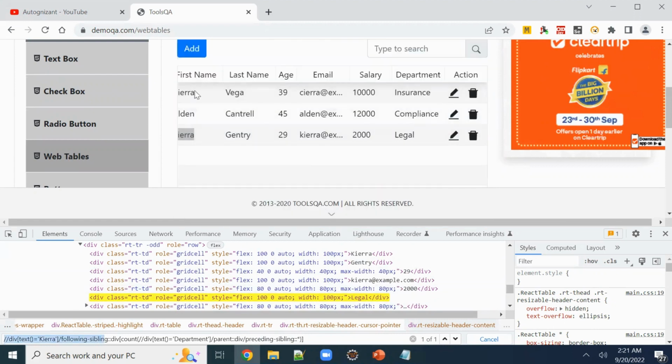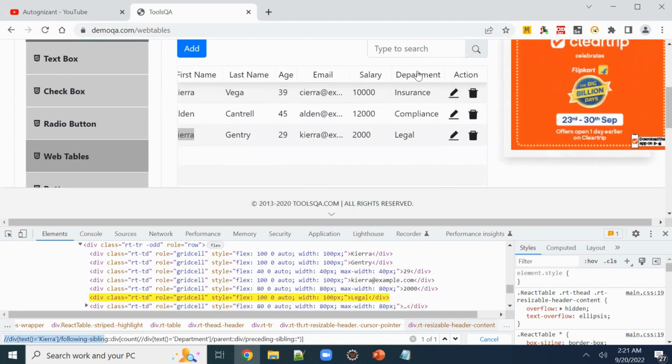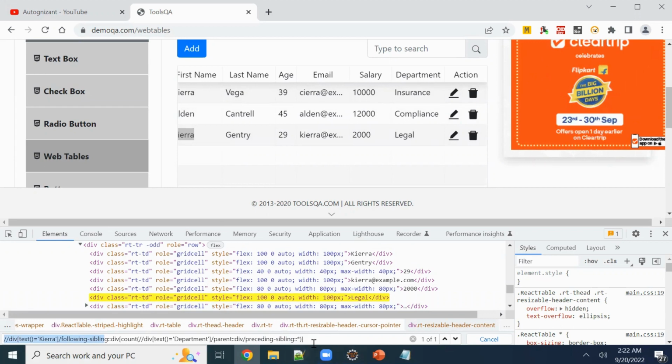So I'm already at the first column, and now I'm calculating the column numbers from the second column, that is last name. So 1, 2, 3, 4, and 5. 5 is my actual column number if I use following sibling in the first part of the XPath. So this is how we can get the column values